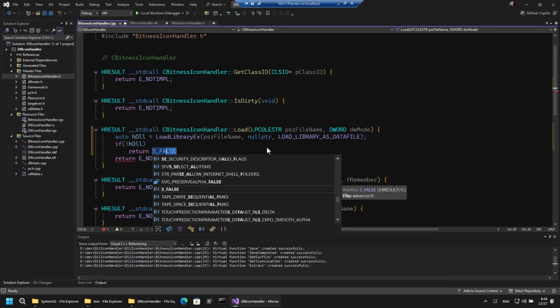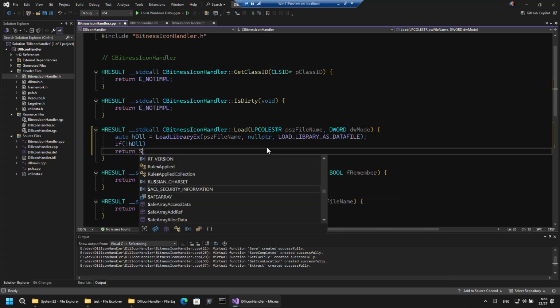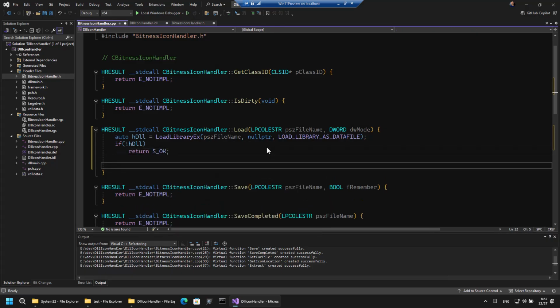But in fact, we can even return S_OK here regardless, just saying that the bitness remains unknown, which is the default, and it's just going to remain as it is because we can't figure out what the bitness here happens to be. Now, if the DLL has been loaded successfully, we can move to the next stage, which is to look at its